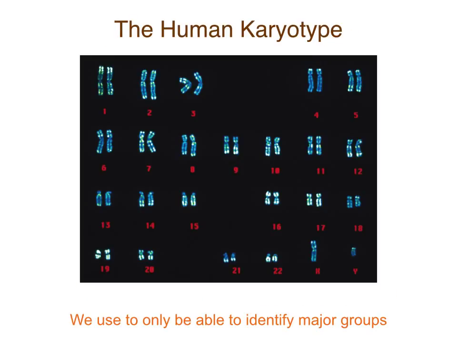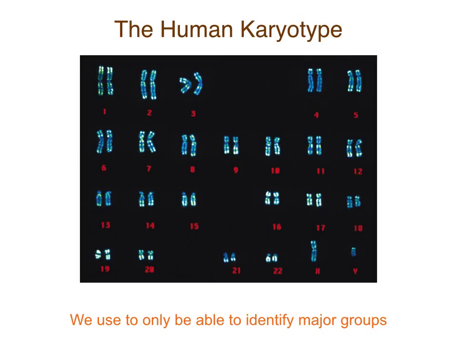So here's a human karyotype with chromosomal painting. We can use these to identify the different chromosomes. We can also use those sometimes. So say you were looking at an individual that you suspected had Down syndrome, you could then be certain that it was trisomy 21 because you can identify that specific chromosome.